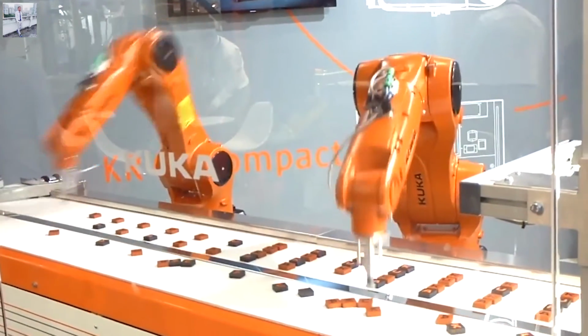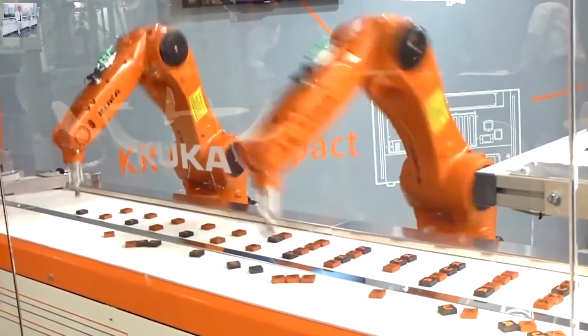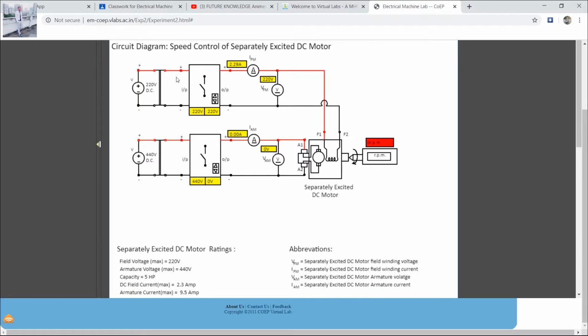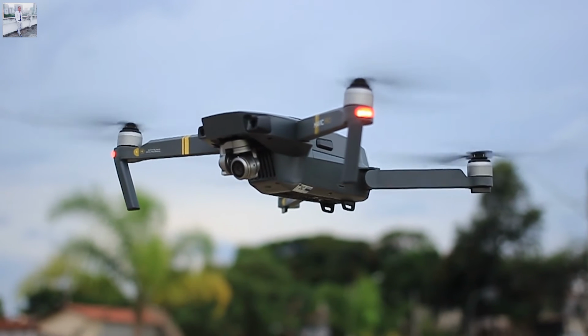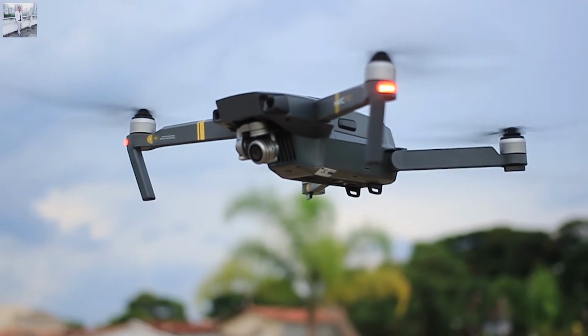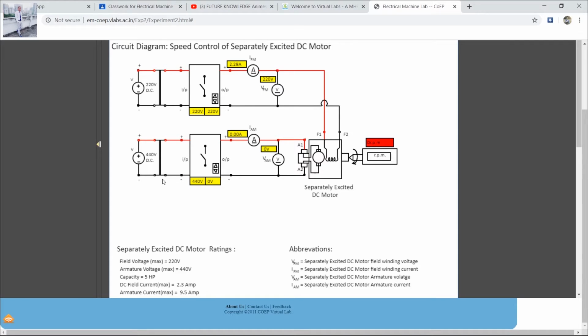Since back EMF remains practically constant, the torque on the other hand varies directly with flux and therefore has its highest allowable value at lowest speed. Field rheostat control is best suited to drives that require decreased torque at high speed. Now I tell you how to control the speed by varying the armature terminal voltage VT.